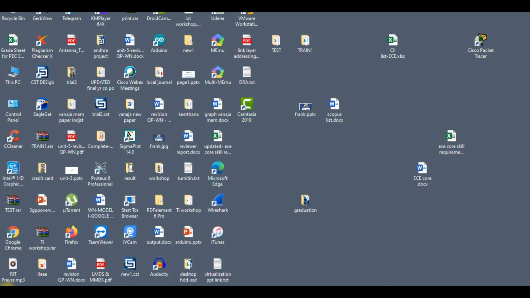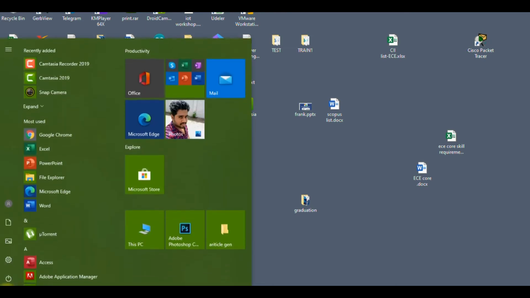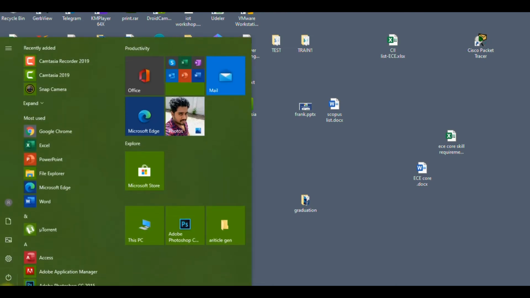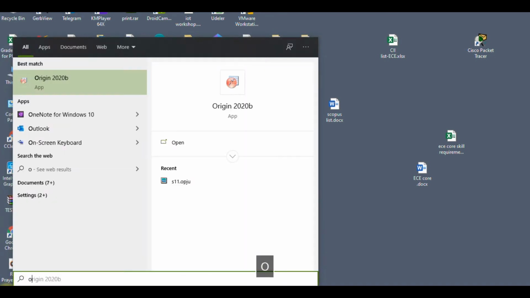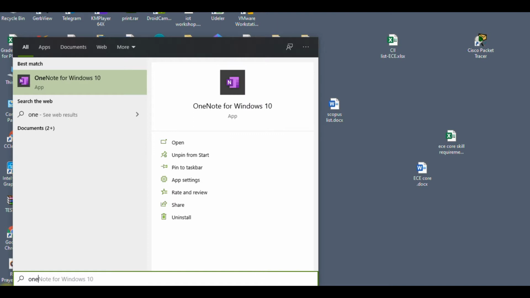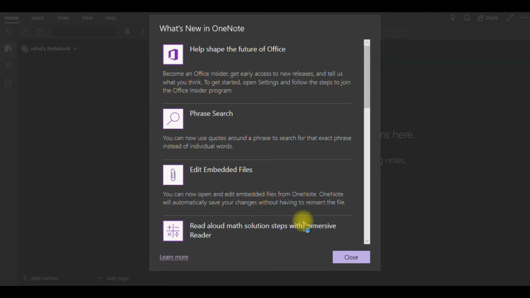This software is inbuilt in your computer itself. If you are using Windows, I'm using Windows 10, you can get this software inside the Windows operating system itself, and it is nothing but OneNote. So you can type OneNote. You can see here, this is the OneNote application. I think in Windows 8 and Windows 7 also this software is available. Click on that application, then you will get this